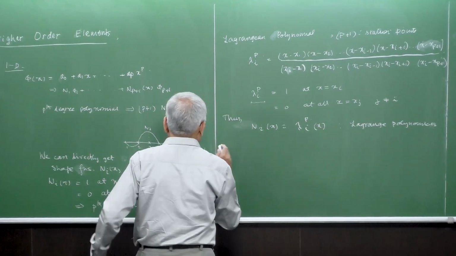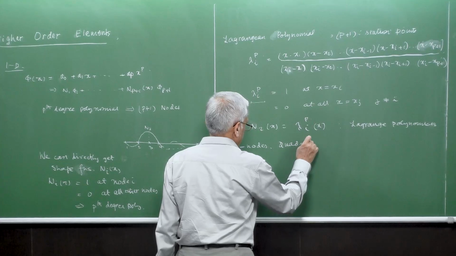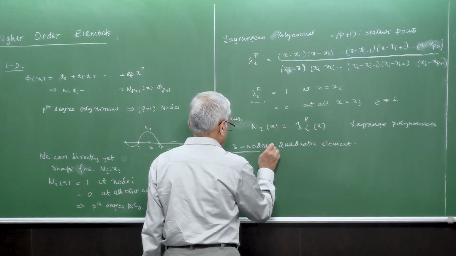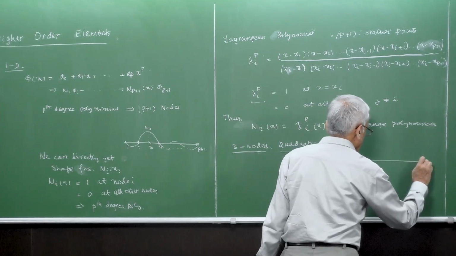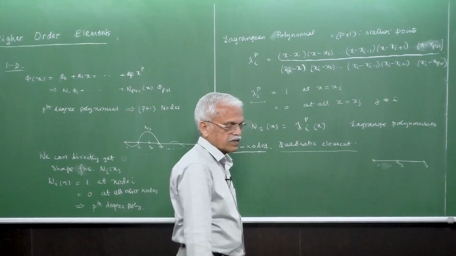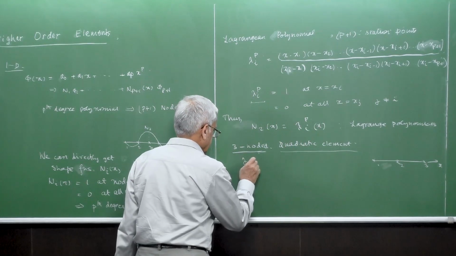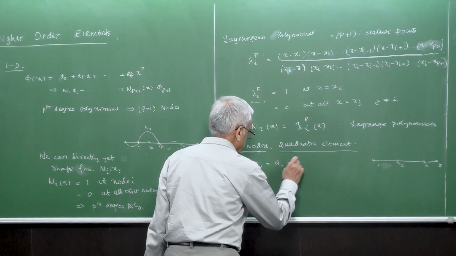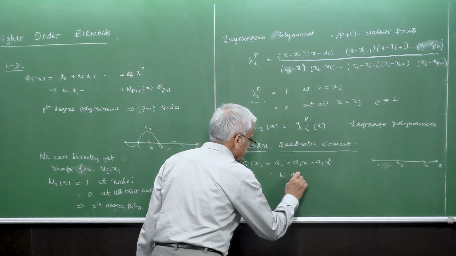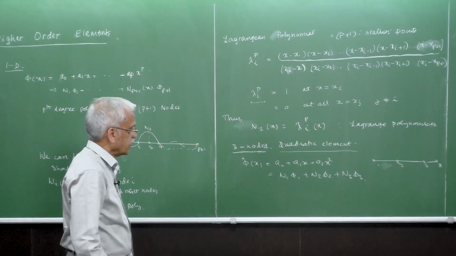down clearly. So let us just go back to, say, a 3-noded quadratic element with 3 nodes. So if you want to construct it using 3 nodes, a quadratic element, phi hat(x) is simply a0 plus a1 x plus a2 x squared, and equivalently we can write it as N1 phi 1, N2 phi 2, N3 phi 3, right? And where N1